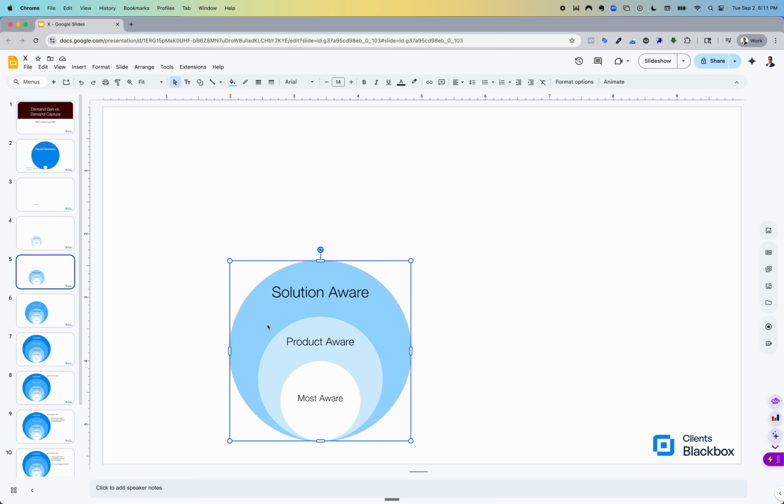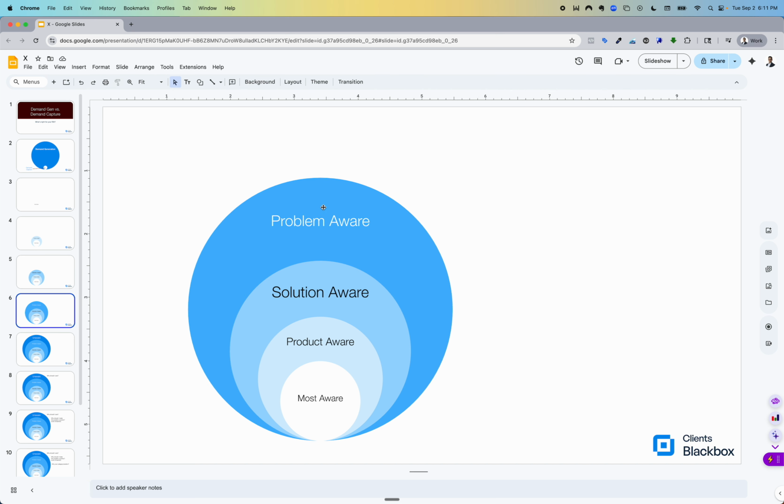But they're not necessarily aware of the specific products. Like, they're not comparing Dimensional Fund Advisors versus VOO, right? That's not the kind of person that you'd hit with this kind of messaging here. Then you have problem aware, and you're going to notice these circles are getting bigger, and it's a representation of how many people exist in the market.